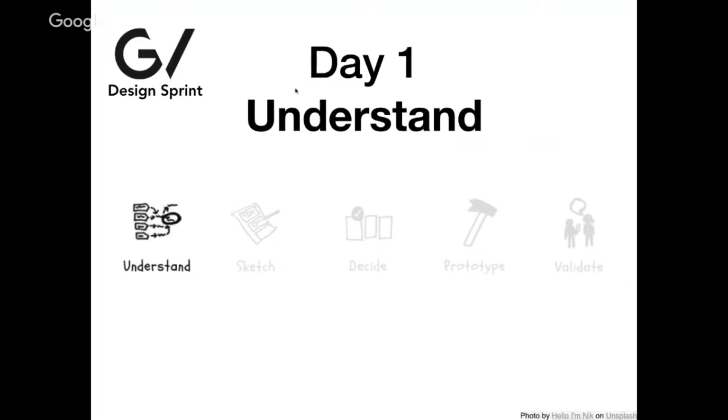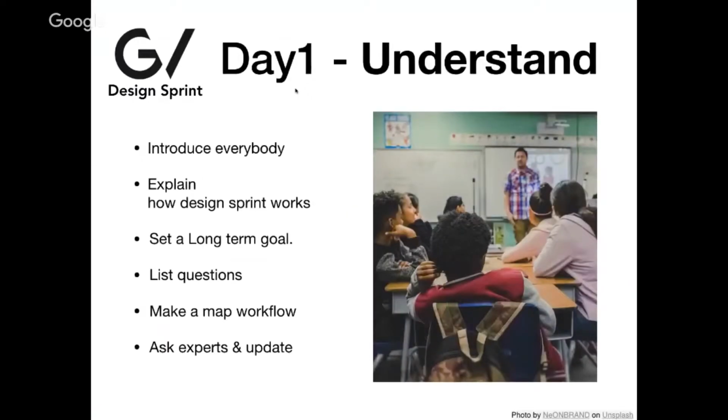Okay, so if we go for the first day, after introduction everybody needs to know everybody, and we will try to explain how the design sprint works very fast. First thing to do is to set a long-term goal. In this phase, we try to be optimistic. We want to say, okay, where do we want to be in a few months or in 1 year? How can we really push our goal somewhere? On the other side, we will try to get pessimistic, and we will face our fears. What can go wrong? How will customers react? Will they really use it?